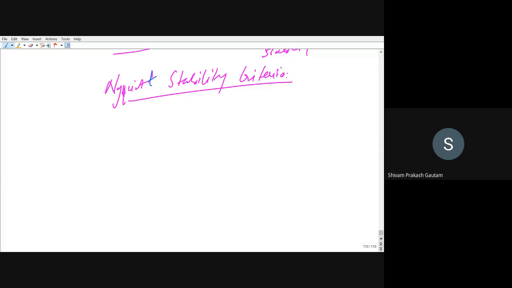So I will directly give you the formula based on which we are able to determine the stability. The main things that we have learned so far, that is the Nyquist plot, will be used. The Nyquist plot will be used in determining the Nyquist stability criteria, and we have seen how to draw the Nyquist plot. Now there are some basic formulas. There is only one line formula, in fact, through which we can determine whether a system is stable or unstable.